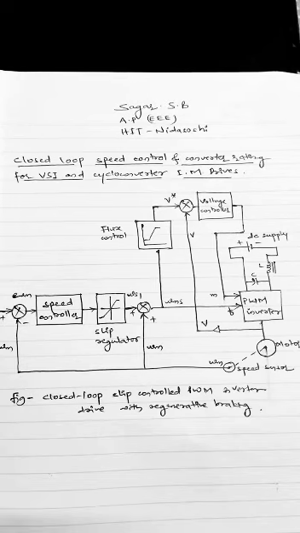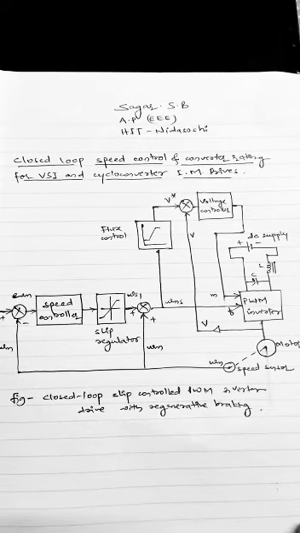We can note here that the drive is using a PWM inverter which is fed from a DC source. It has the capability for regenerative braking and also operating in all four quadrants. This drive scheme is applicable to any VSI or cycloconverter drive having the braking capabilities of regenerative as well as dynamic braking. Let us discuss the operation of the drive.